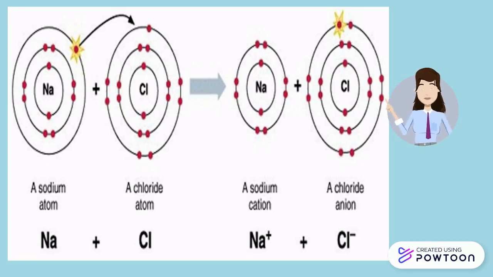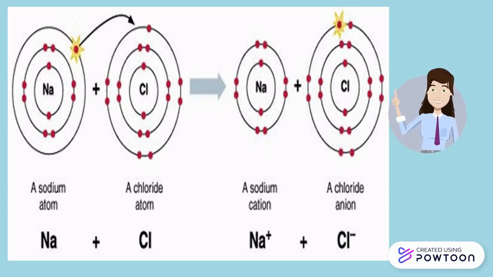In the ionic bond formation of sodium chloride, the sodium atom is donating its one valence electron to the chlorine atom, so that chlorine will have 8 electrons around it. This makes sodium positively charged since it lost one electron, and the chlorine atom becomes negatively charged since it gained